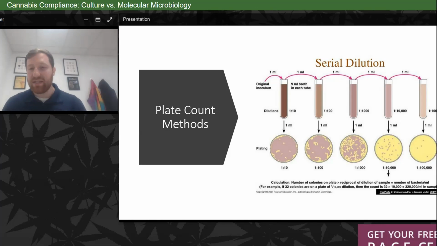As you can see here, this is just a diagram of 1 to 10 dilutions going through. You can see that 1 to 10 is TNTC, or too numerous to count. The 1 to 100, we're seeing about 10x less. And as we move down, every plate should have at least 2, so that we can get a good feeling of where we are with these dilutions, and ultimately if there's any sort of matrix interference that could be occurring.